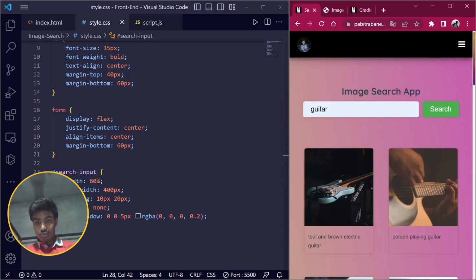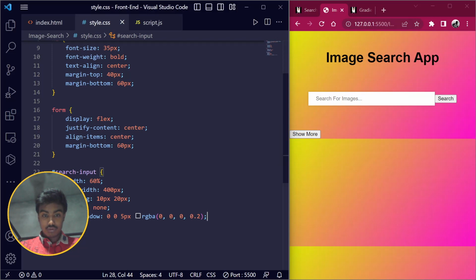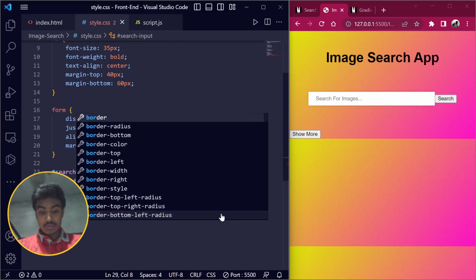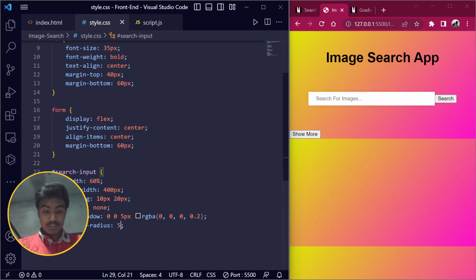As you can see that here we have a border radius here. Okay, so I will give a border radius here also. So I will use the border radius. The border radius, let's suppose, 5 pixel. Okay, now